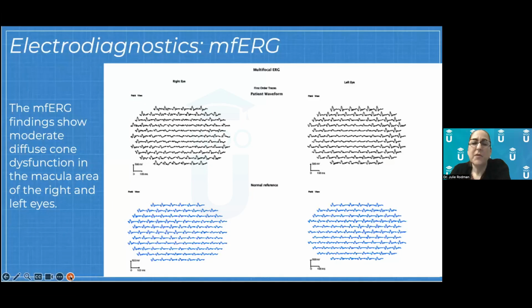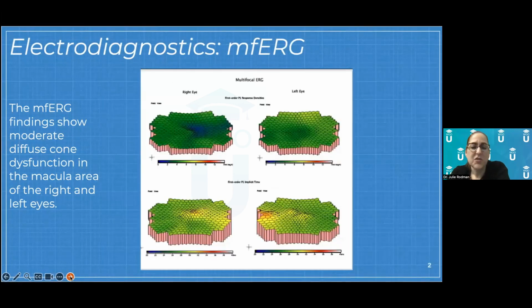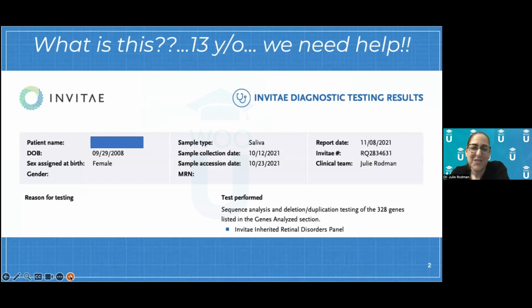We also got multifocal ERG on this patient, and I'm not huge into electrodiagnostics, but the blue on the bottom is the normal. You can see the peaking of the cones. They're supposed to have these little kind of sawtooth, if you want to say, little projections all the way around. Our patient, you can see in the center here, which correlates with that abnormality centrally at the fovea, you can see how the peaks are very, very dull. They're not spiking up. They're not normal. As you get around the fovea, they start to become more normal. So definitely decreased centrally there as well. And just a different representation. So just a lot of things showing us this bullseye maculopathy in different formats.